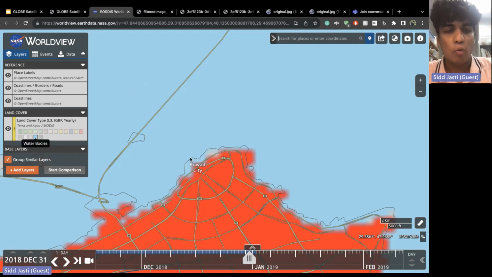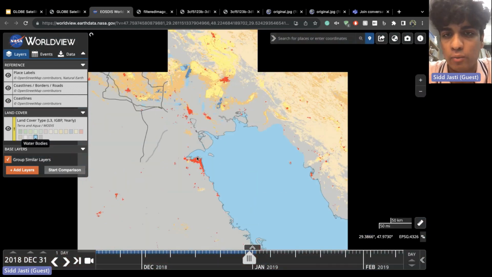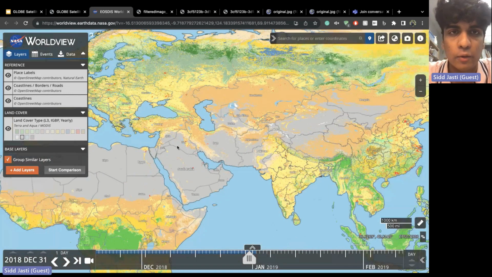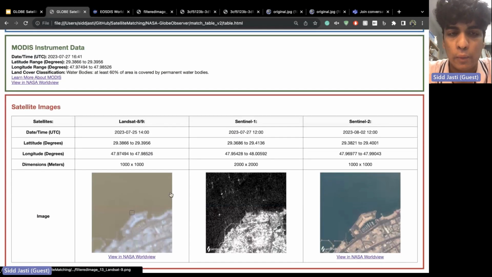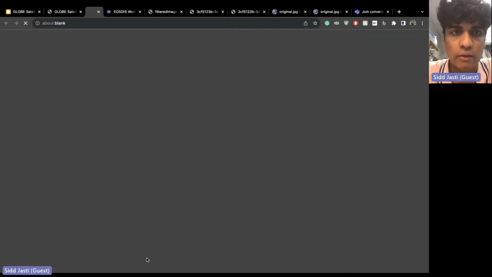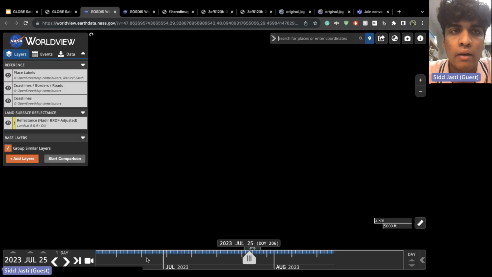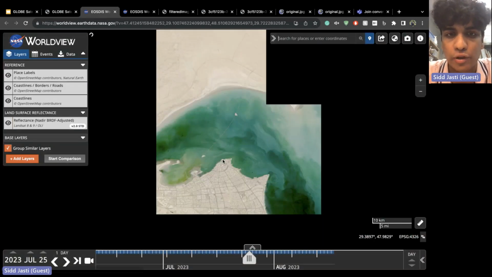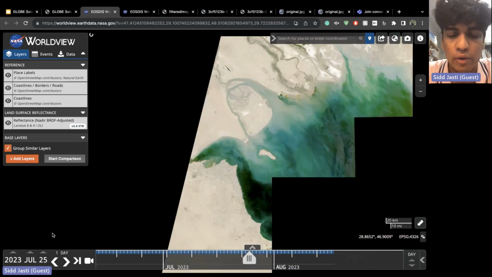That was taken in this area of Kuwait, and you can see on the left side it's describing water bodies. That blue color is water bodies. So it describes where it gets that data from, and then you can zoom out, which allows users to mess with this tool and look at other parts of the world if they want to. And we have that same thing for Landsat and Sentinel. If you click on Landsat, you have Landsat's imagery for that area within this date, July 25th.